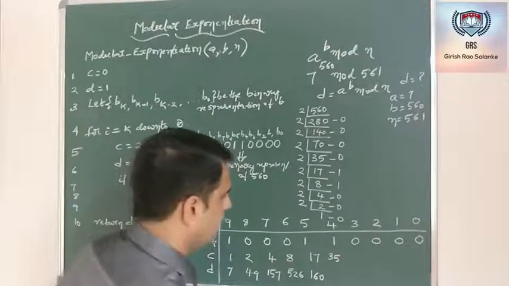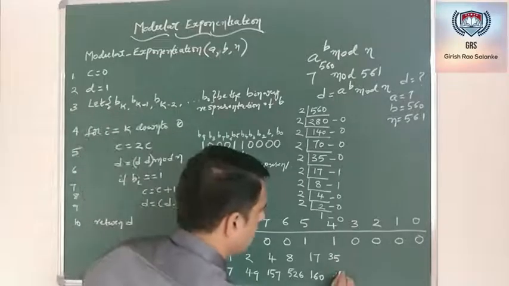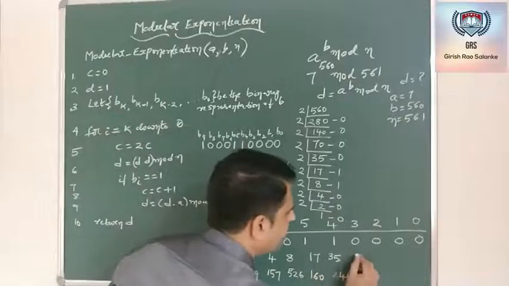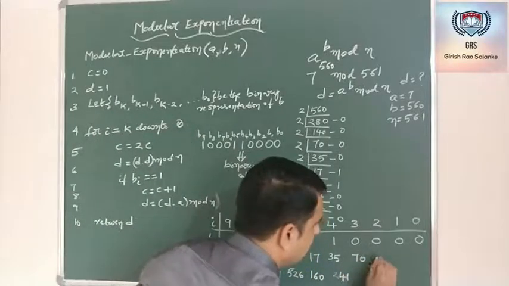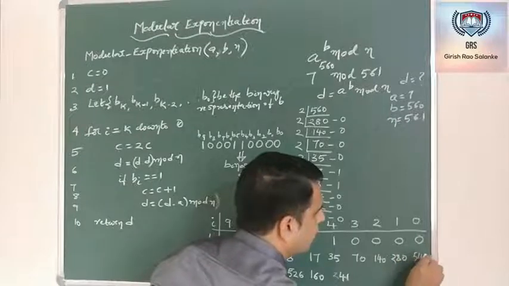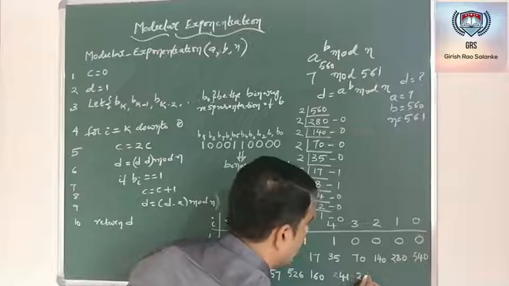If you see, you get this value as 241. Similarly, if you calculate the other values, this will be 70. This is 140. This is 280. This is 540. And these values will be 241, 298,